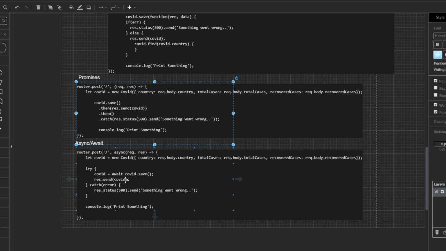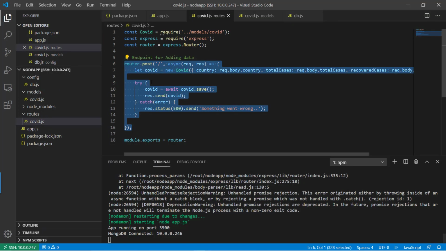Meaning, it looks like synchronous code, but the await function does not return the output, which is the COVID, until the IO task is complete. So behind the scenes, it's the same promises, but the code looks like synchronous programming. So this makes it easier to work with, and easy to understand and follow. And the one I used in our code is async await,